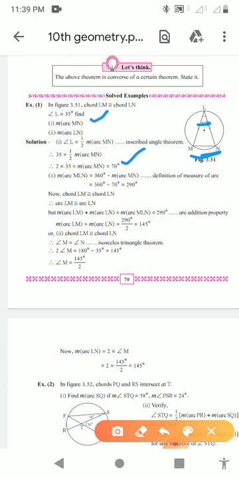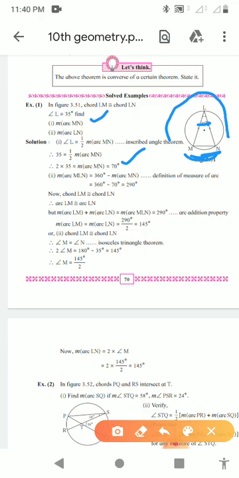Now if we are able to calculate angle M, and multiply it by 2, we will get arc LN, isn't it? So let us see the measurement of arc MLN. Firstly we will see this arc MLN. If we see here, the arc MLN is the major arc, isn't it? So this arc is the major arc, and my minor arc is MN. The minor arc we already calculated is 70 degrees.